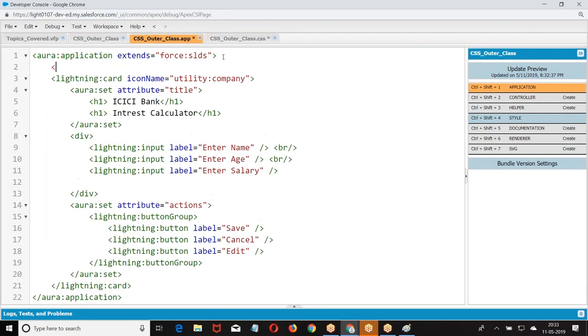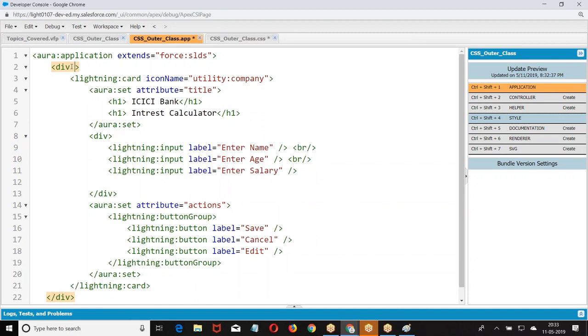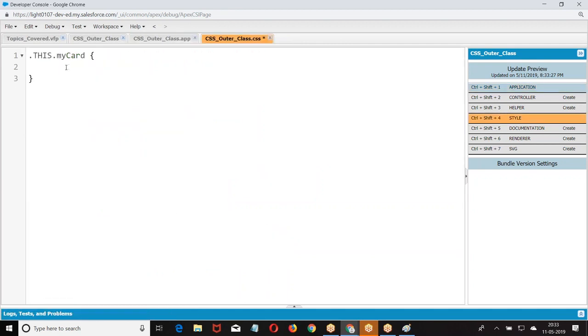This card was there in div. So the div I was speaking about is straight away the outer class. Class equal to my card. Dot this dot my card.